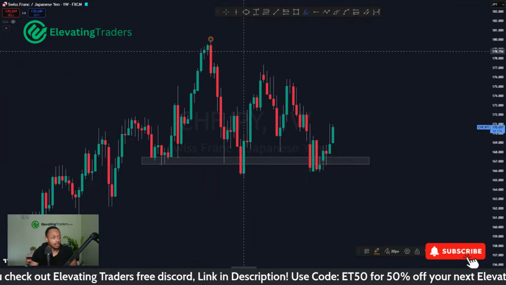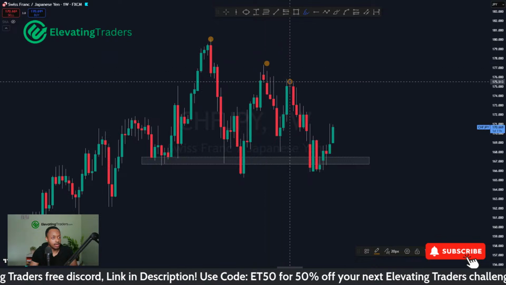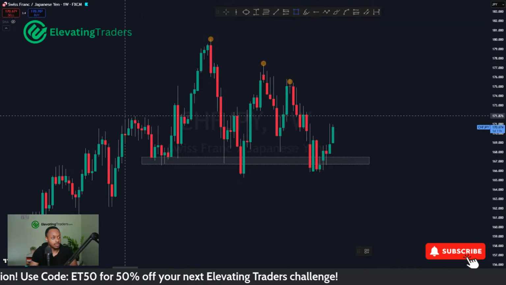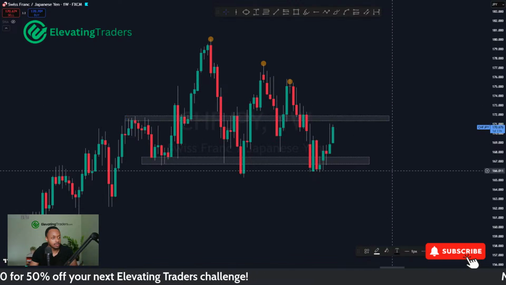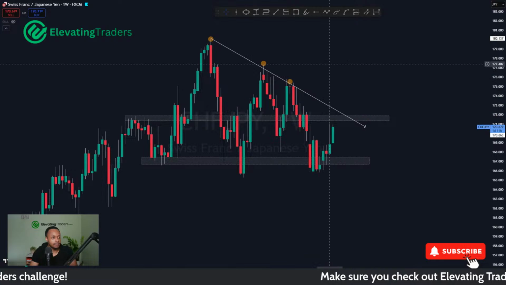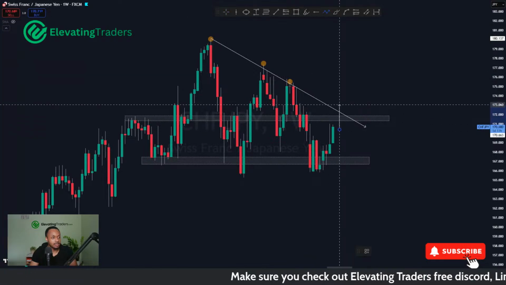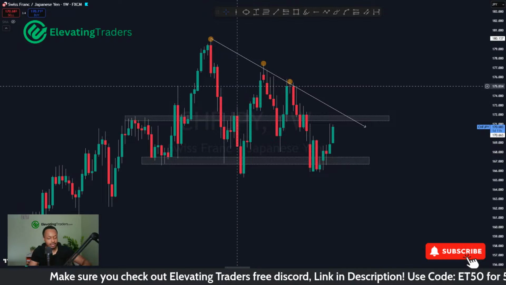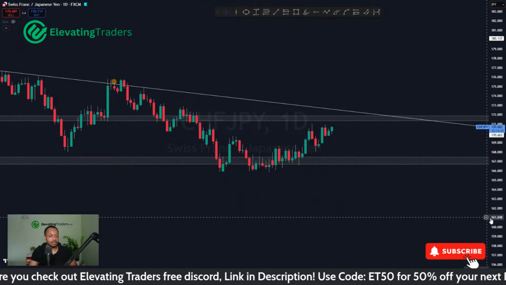We've got one high there, second high over there, third. Can we find a fourth somewhere? I'm looking at resistance around here on the left. Might go further than that, to be honest. There's a trend line here. I wonder if we can spike into that as well. And that could be a nice place to short Swiss yen from. Go back to the daily chart.